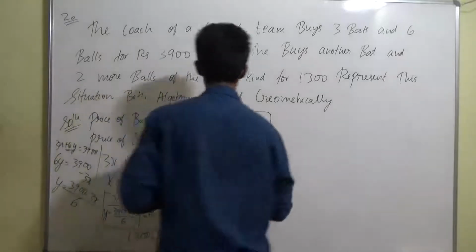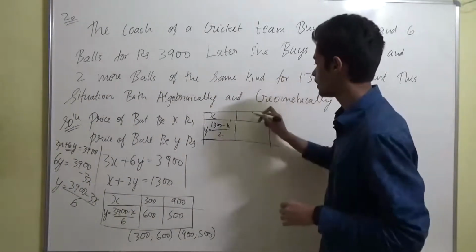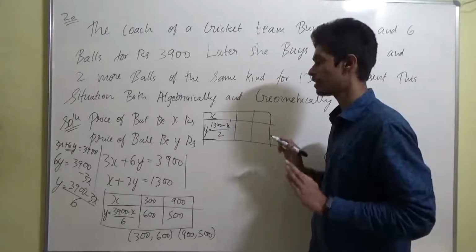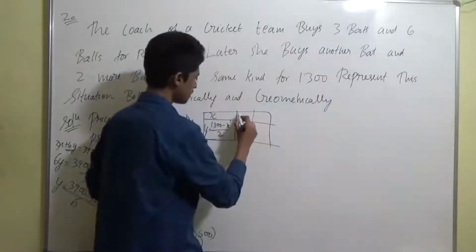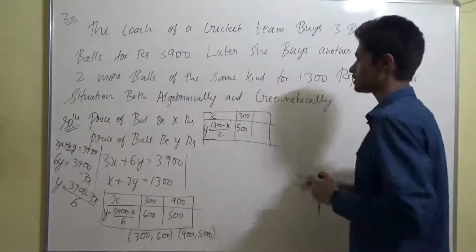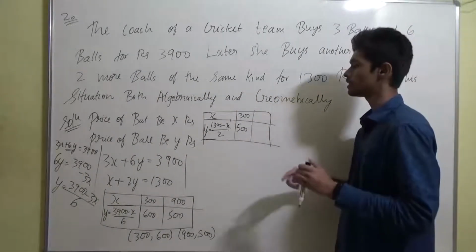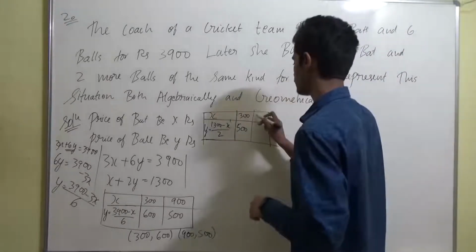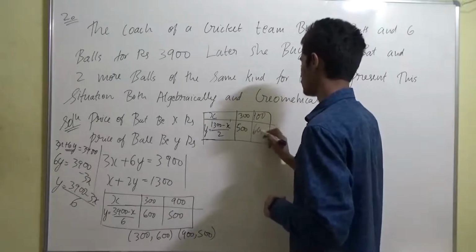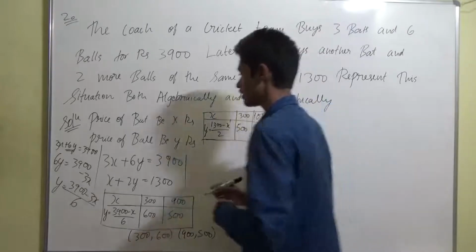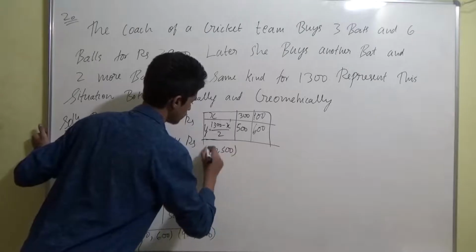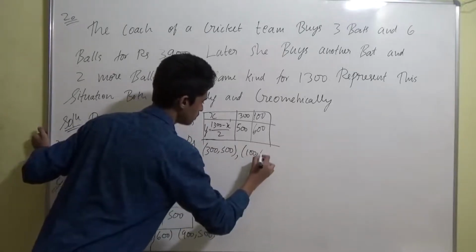Similarly let's do it for this one as well, guys. Let's take the value of x as 300 first, right? Because it will become 1300 minus 300 by 2, it should become 500. We'll get a whole number. So let's take it as 300. We'll get y as 500. Now if we take the value of x as 100, we'll get the value of y as 600. Done. Over. So here the coordinates which you are going to get are 300 comma 500 and 100 comma 600.